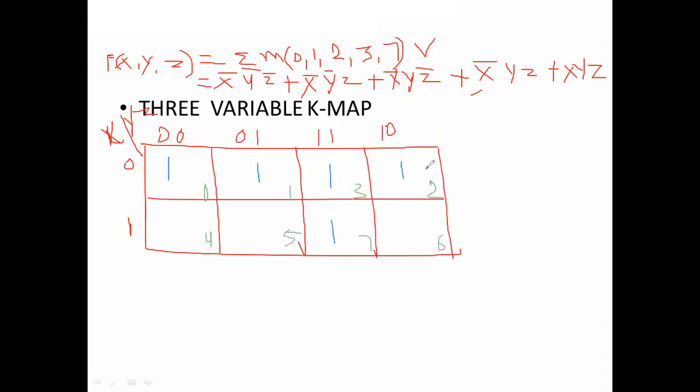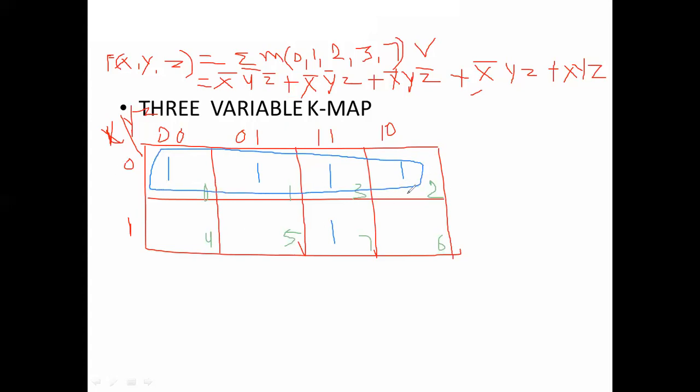Now we are grouping. Is there any octet possibility? That means if 8 ones are grouped, that will be an octet. Here this 4-cell row does not have ones, here also not, here also not. That's why there is no possibility for an octet. So leave it. Next, is there any quad possibility, that is a group of 4 ones? Check that. Yes, that is this, this is 4 ones.